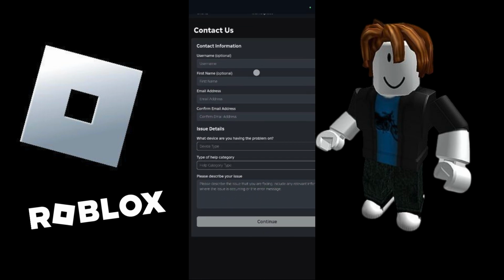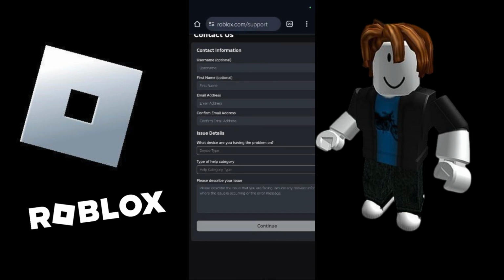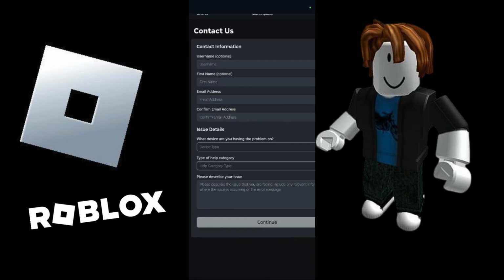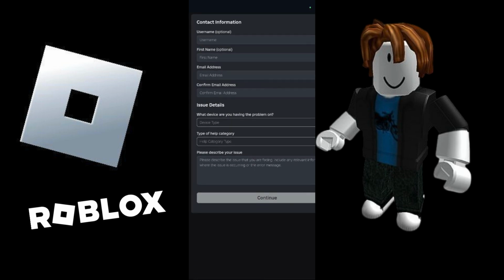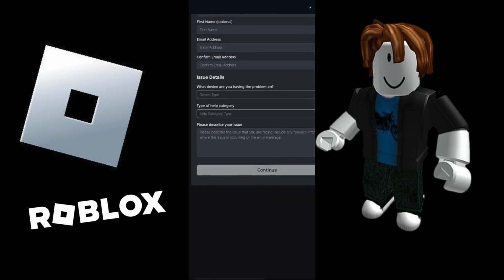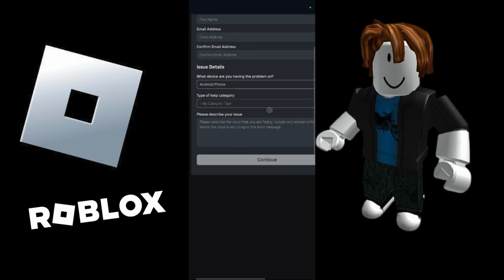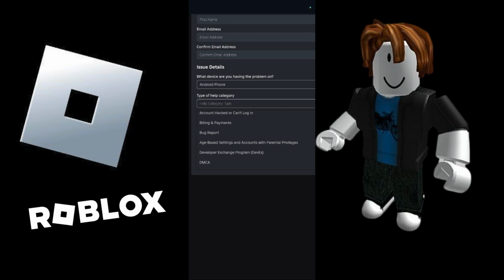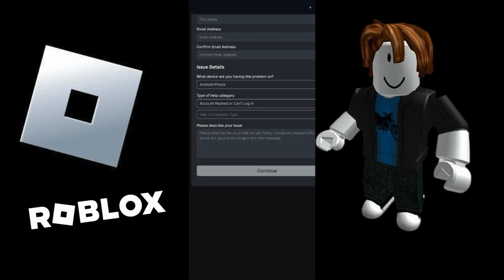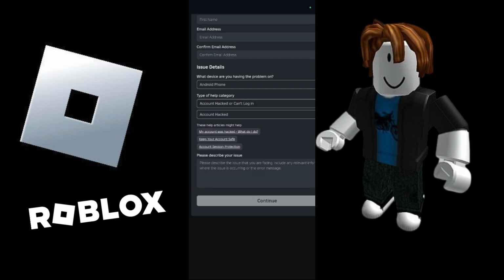Simply fill in your username and your first name. The username and first name are optional, so that is not mandatory, but if you want you can fill them anyways. Then you will need to fill in your email address and then confirm it, and from here you need to select what device you are having the problem on. So you can simply choose the device that you want and then choose the help category, and from here simply choose account hacked or can't login. Then you also have a subcategory type like account hacked, forgot password, or lost access to my two-step verification method, and others. So from here choose account hacked